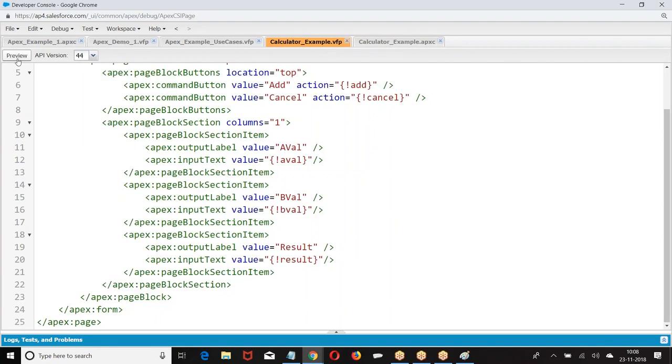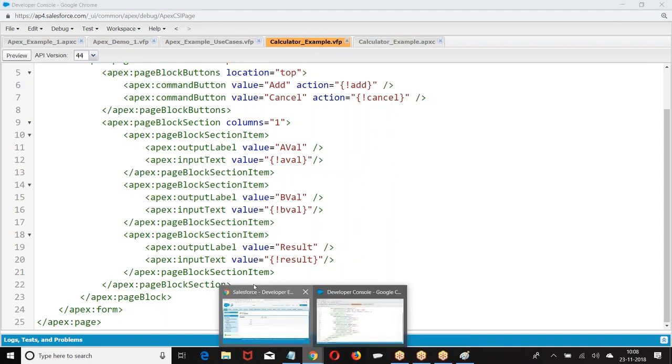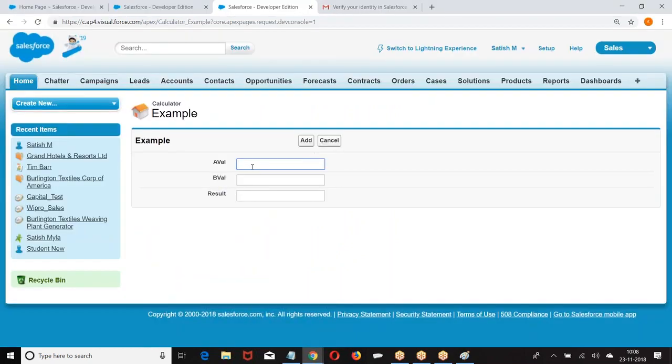So go back to the page and have a print. Null. Then I'm setting 10. Set this value to the A variable. Set this value to the B variable. When I click on add, what will happen? It goes to the server, performs the action of add, and reloads the page.